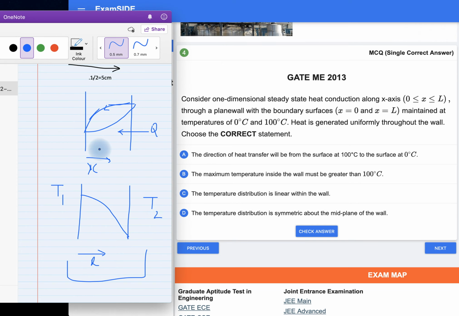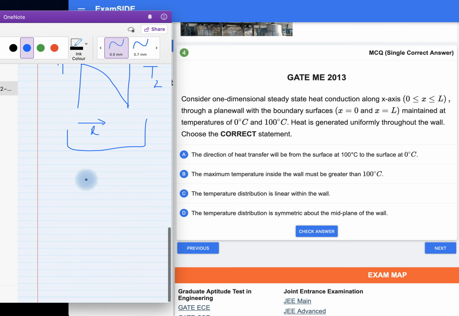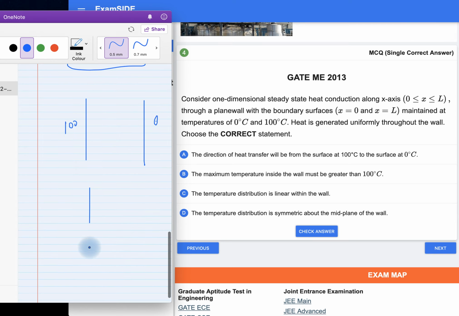Now both the surfaces are maintained at a temperature of, suppose this is 100 and this is 0. If both are maintained at 100, suppose both are at the same temperature, then my graph will look like an exact parabola